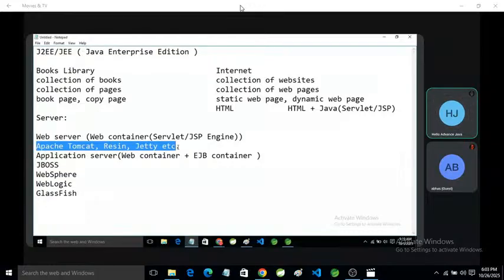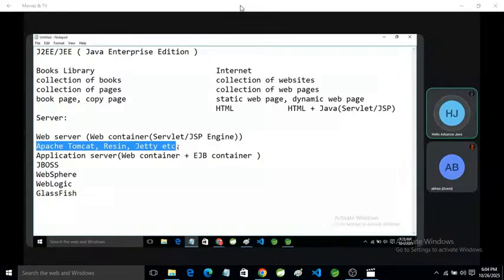The application server can also be downloaded and used, but only for practice purposes. If you want to use it for business purposes or professionally, it will be paid. But Apache Tomcat is open source all the time, even at the time of hosting.